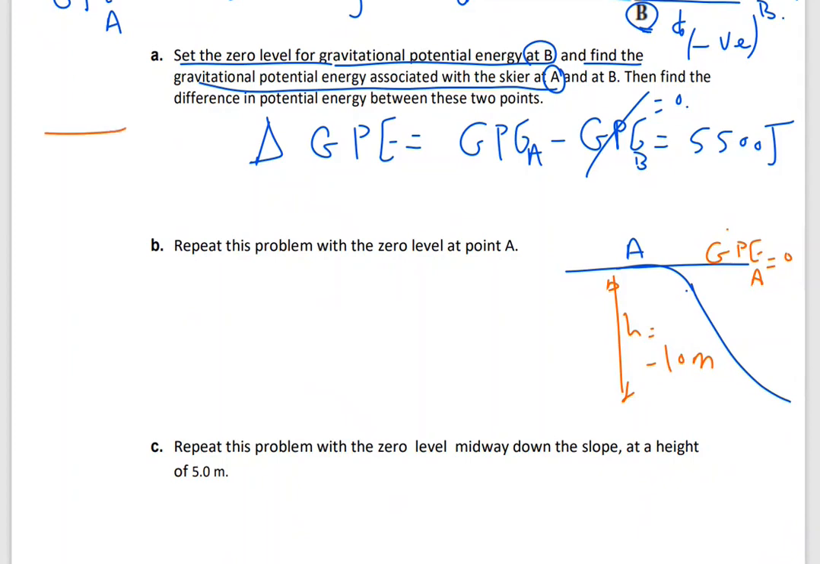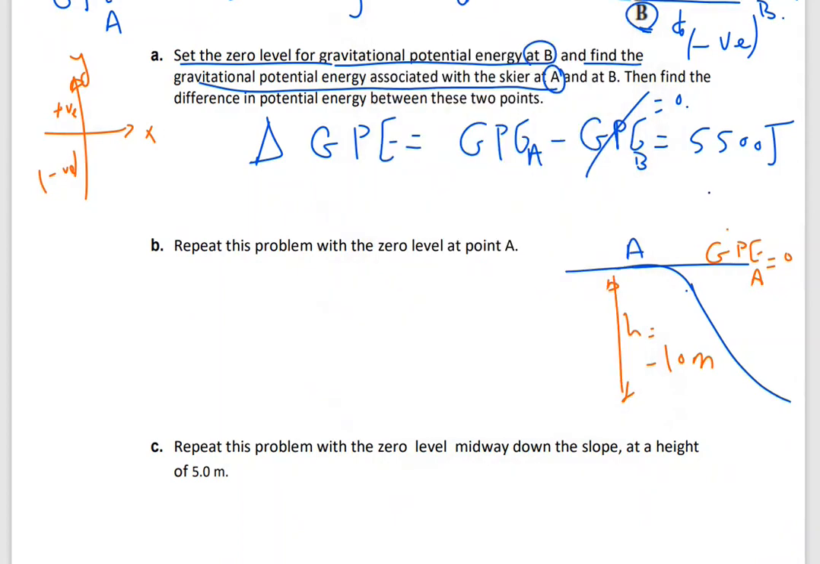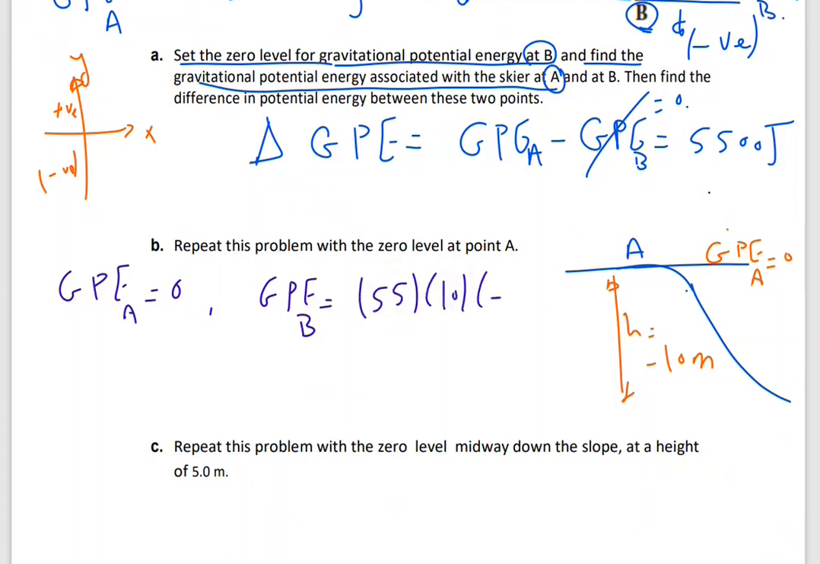It's exactly like you have X and Y. On the X-axis are positive numbers, on the Y-axis down are negative numbers. We're going to do the same thing. Now, what will be the gravitational potential energy? So gravitational potential energy at level A is zero. And the gravitational potential energy at B, we're going to use the same formula, mgh. M is 55, g is 10, height is negative 10. And this will equal negative